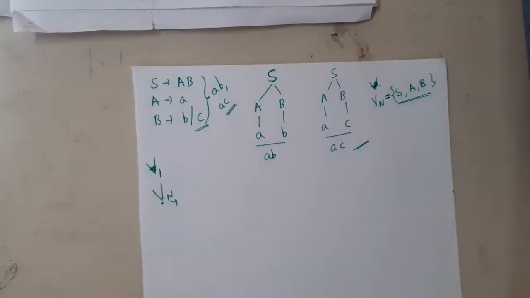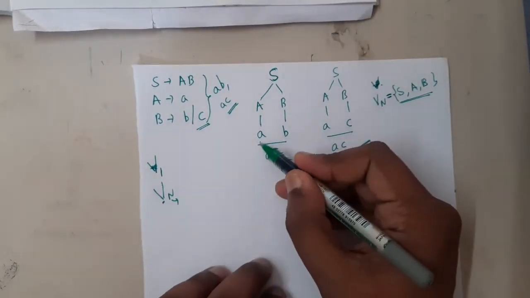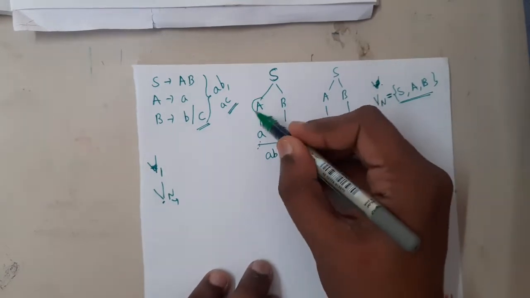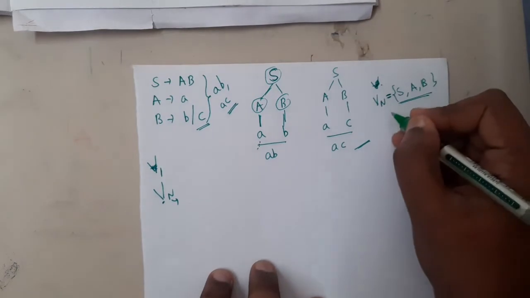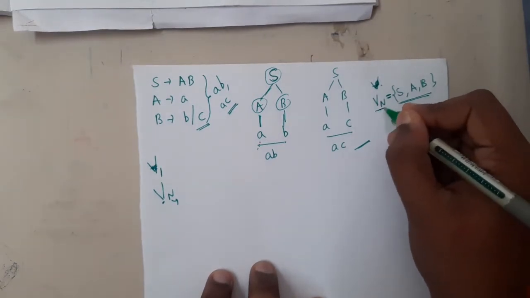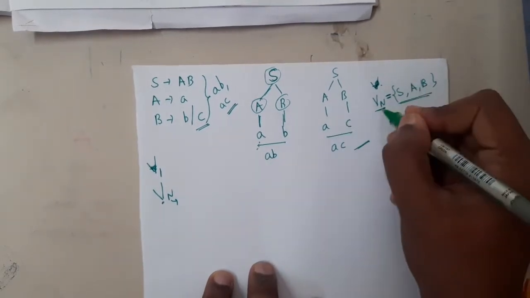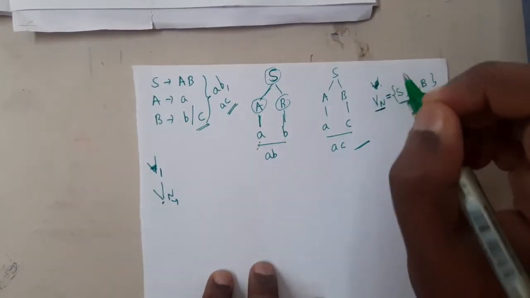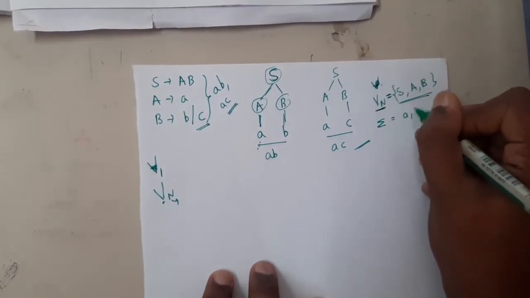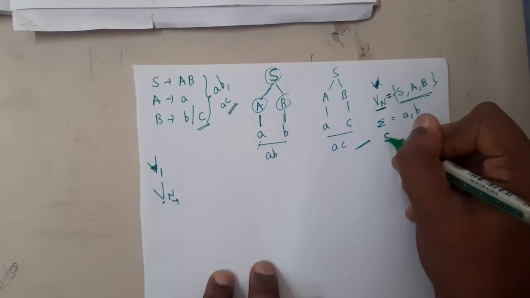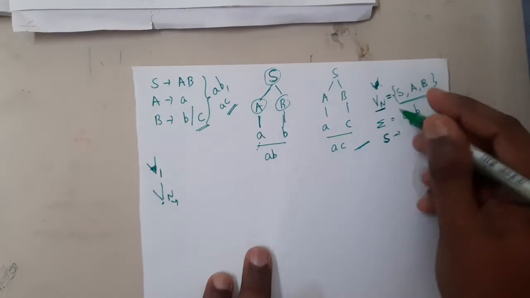So what is a terminal? You can assume that a terminal is an end. From a terminal you can never expand, but from a non-terminal you can expand to something. Got it? Now what about the other thing? This is the first one. And what about terminals? A and B. In simple words, non-terminals are capital letters, terminals are small letters. Terminals are represented with the symbol sigma, so here a and b are those. And S is the start symbol. So here we have S as the start symbol.